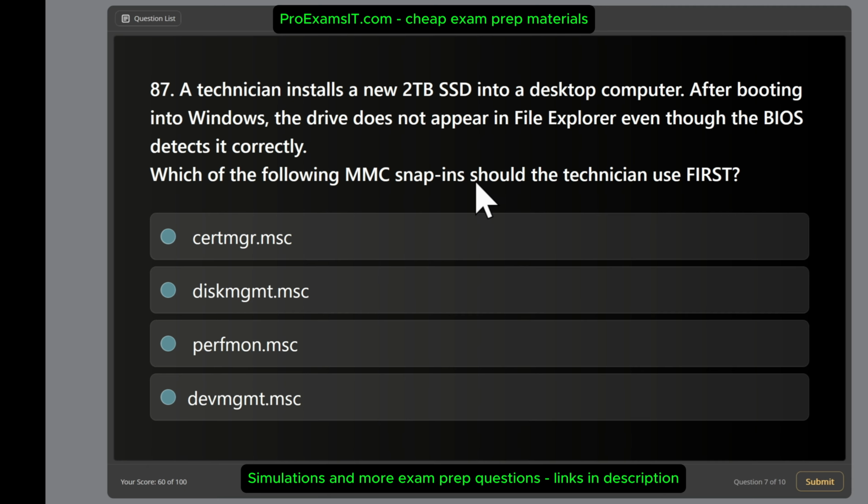But MMC snap-ins, basically, this one allows you to add some of these features. So basically, you can have them together in one window for easy troubleshooting, monitoring, etc. Right? What are we talking about now? What we are going to open is diskmgmt, which is the disk management